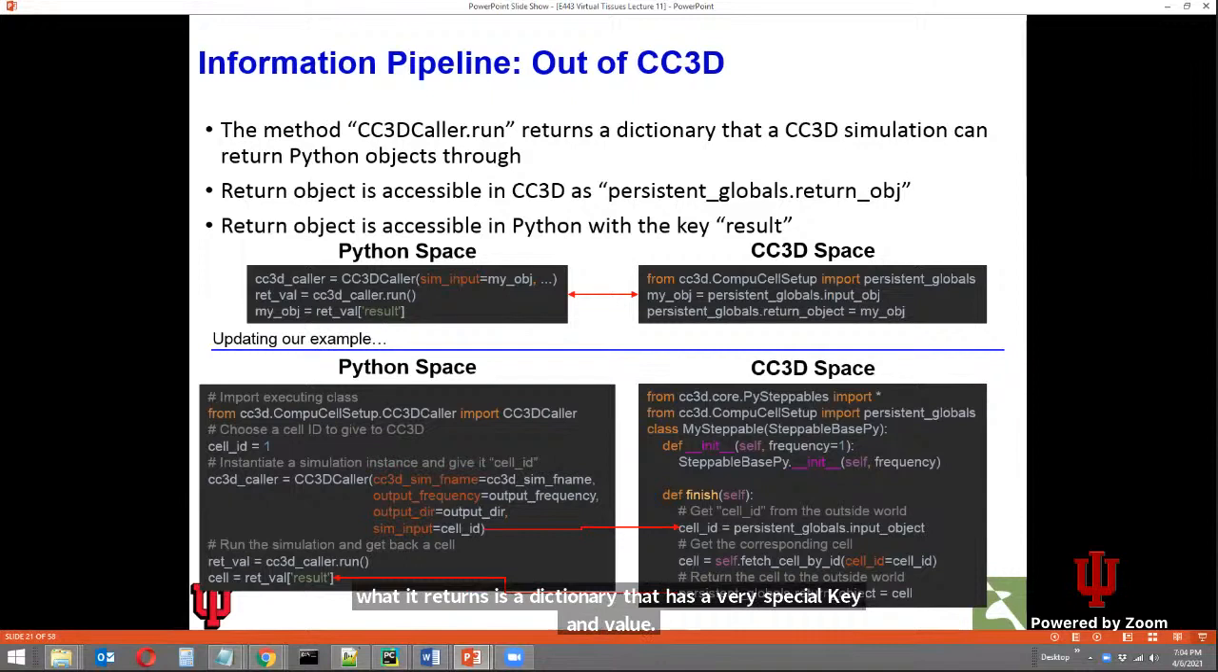The key result in this returned dictionary contains information that's passed back to the Python space from the CC3D space. So if we start from our CC3D space and we ask how can we return something that's available back in the Python space, we can also do this using persistent globals. From cc3d.CompuCell_setup import persistent_globals. To make something available in the Python space, we can use a second object on persistent globals, and that is named